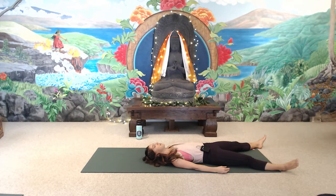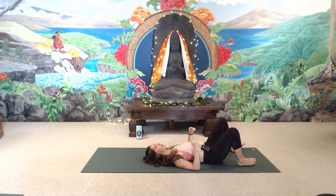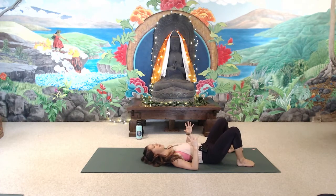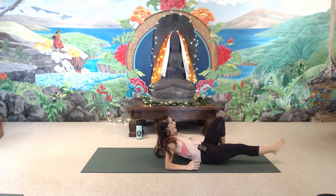And we'll repeat that sequence exactly the same on the second side. Let's take another breath here before we begin. Bend the elbows, fingertips point up. Take a moment to push into elbows, shoulders, lengthen back of neck. And then gently glide the heels in with even less effort as more muscles come online. That becomes possible. Slowly lower the left knee out to the side, glide the foot away, and drag the heel